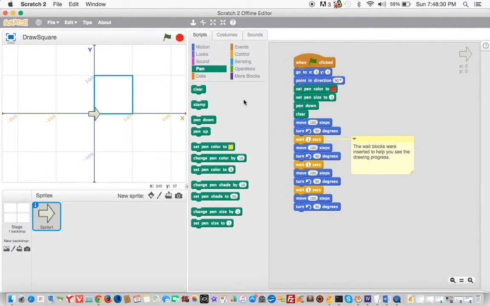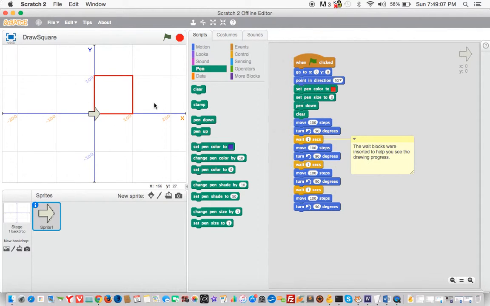We set the pen size to 3. Now, when you set the pen size, it's always the thickness or thinness of the drawing itself. So if we set it to 1, for example, you see it's really thin. So you could see that it's a thin, small line that's making up the entire square. But if we set it up to 3, you could see that it's a little thicker,